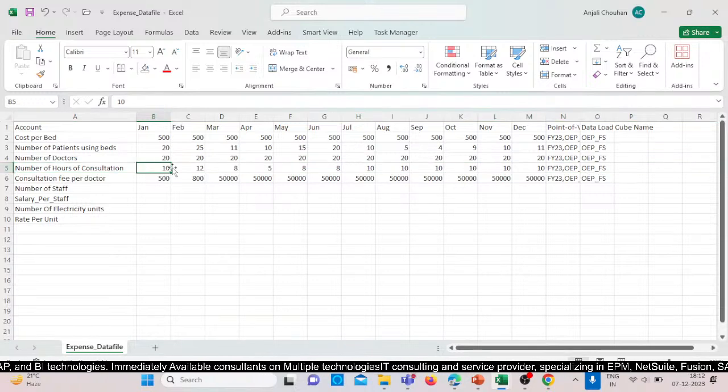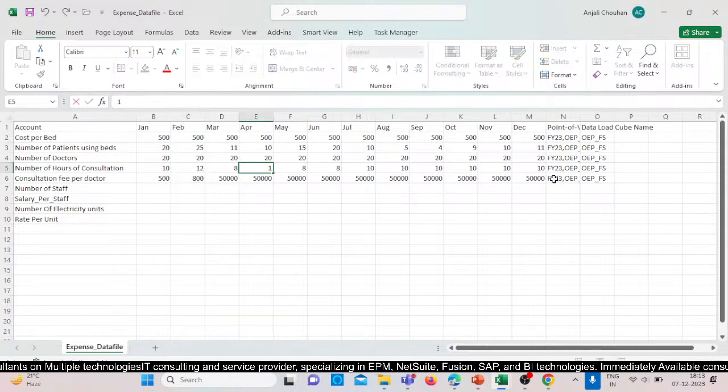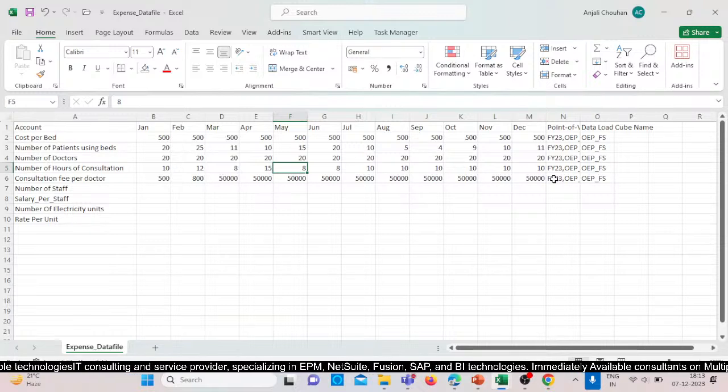Yeah, this is the consultation time, so the amount will depend on that. If this is 10, so it is 500. If this is 12, so 800. If more than 10, so it becomes 800. Let's make it 15. Okay,